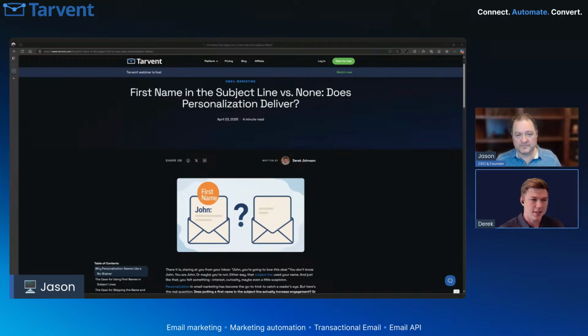There are studies that say subject lines with the first name in them can increase the open rate up to 26%. But there's a caveat to that, because if the messaging isn't relevant or tied to them, then that open rate obviously will drop. So take that with a grain of salt, but the first name in the subject line can't hurt.